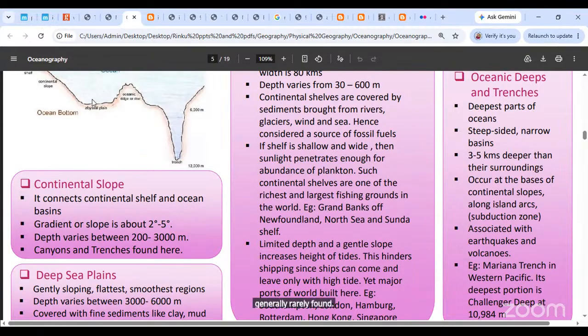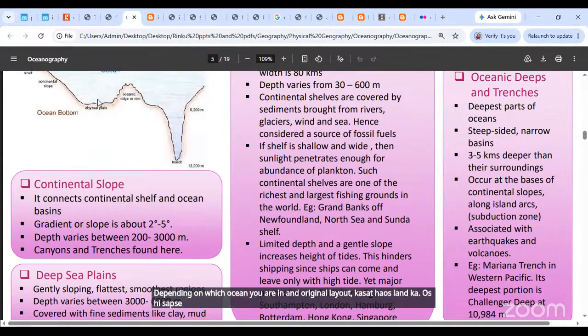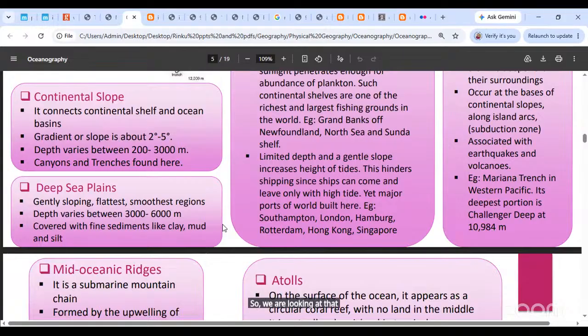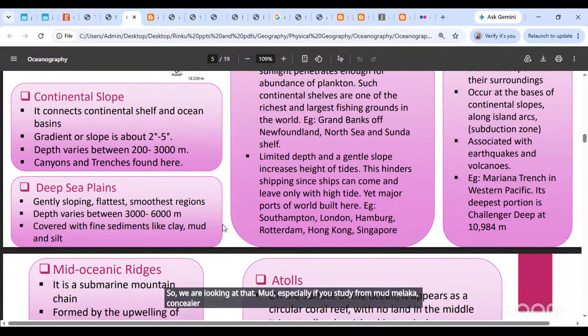बाकी का सेडिमेंट्स आपको डिपेंडिंग ऑन विच ओशन यू आर इन और ओरिजिनल लेआउट कैसा था उस लैंड का, उस हिसाब से फिर सेडिमेंट्स और क्ले और जो भी मिलेगा वो वेरी करता है। ओके, किस तरह के सेडिमेंट्स मिलेंगे, तो वी आर लुकिंग एट दैट। मड स्पेशली किस तरह का मड मिलेगा, कौन से कलर का मिलेगा, कौन से एलिमेंट्स होंगे उसमें, तो वो वेरी करेगा। बट फॉर यू इट इज नॉट दैट इंपॉर्टेंट राइट नाउ। यू जस्ट रिमेंबर कि डीप सी प्लेन्स बहुत फ्लैट हैं और वेरी फीचरलेस होते हैं। बहुत कुछ मिलता नहीं है वहां पे।